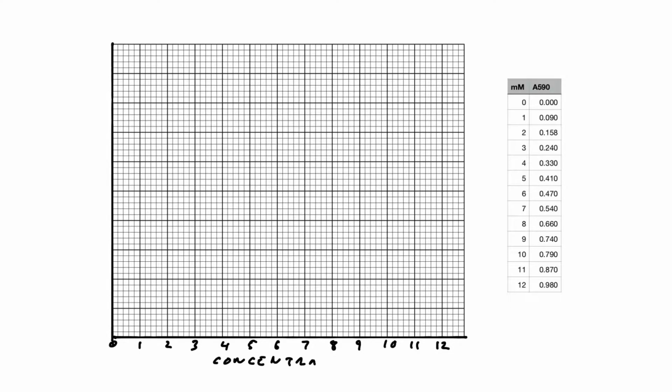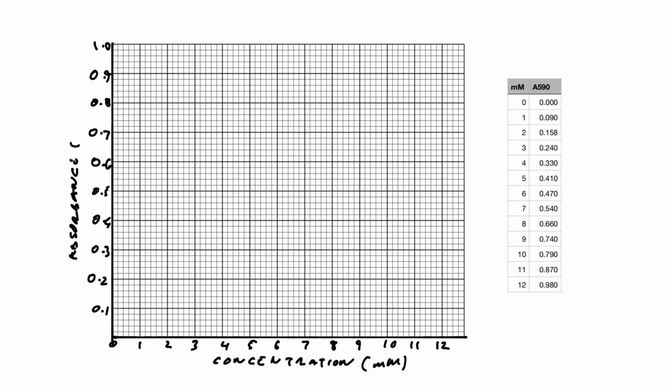Now you always put the thing you know, which in this case is concentration, along the bottom of the graph. The thing you're trying to measure, which in this case is absorbance, you put up the side. Absorbance is running from 0 to 0.98, so roughly 0 to 1. Looking up the side of the graph, this is great because we can use a scale from 0 up to 1. And again, don't forget to label the axes. In this case it's absorbance, and traditionally we always put the wavelength used, which in this case is 590 nanometers, in brackets after the absorbance.